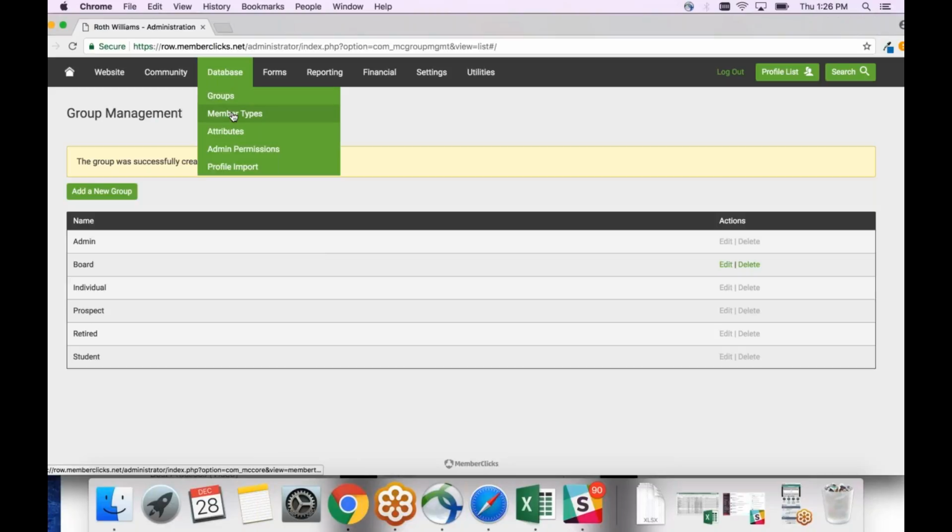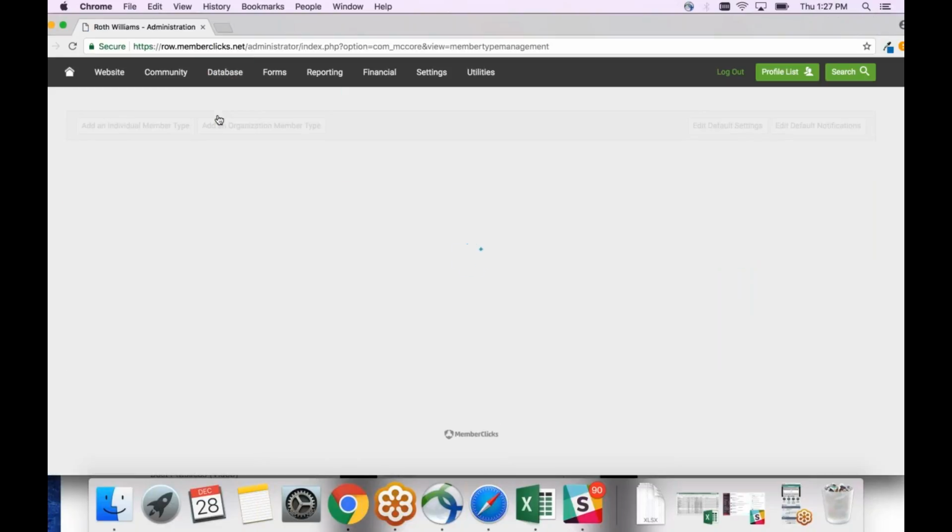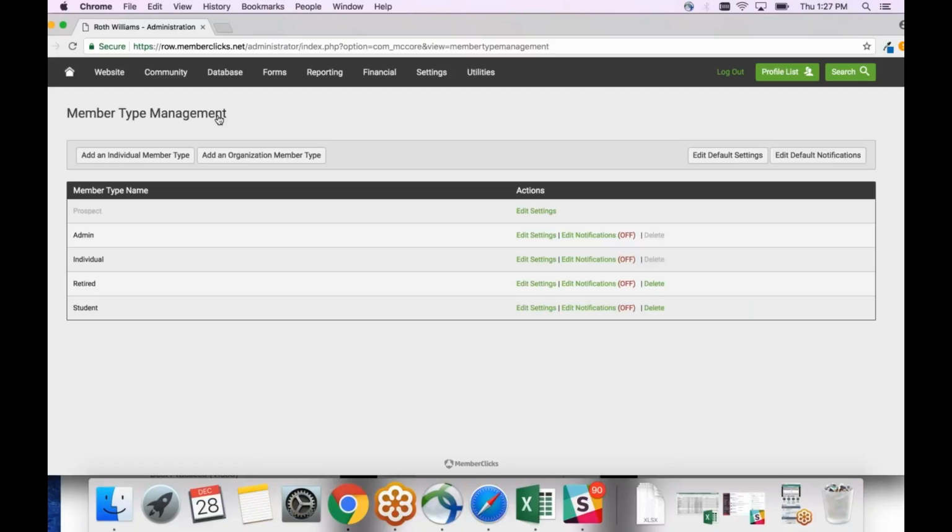We also talked about member types. So we looked at groups. Let's go ahead and look at member types. Okay. Now, member types is where we would create new member types. If you guys or if Roth Williams decided, okay, well, we also need a gold individual member type because they're going to get more. They're going to pay more. We would be able to come to database member types and create a new member type. Now, we have two different types of member types our system can hold. We can hold an individual member type,